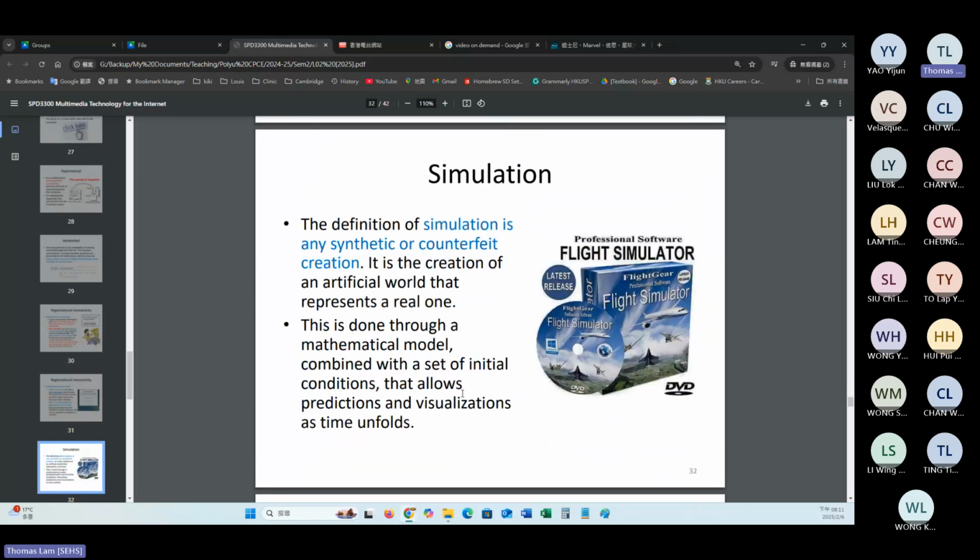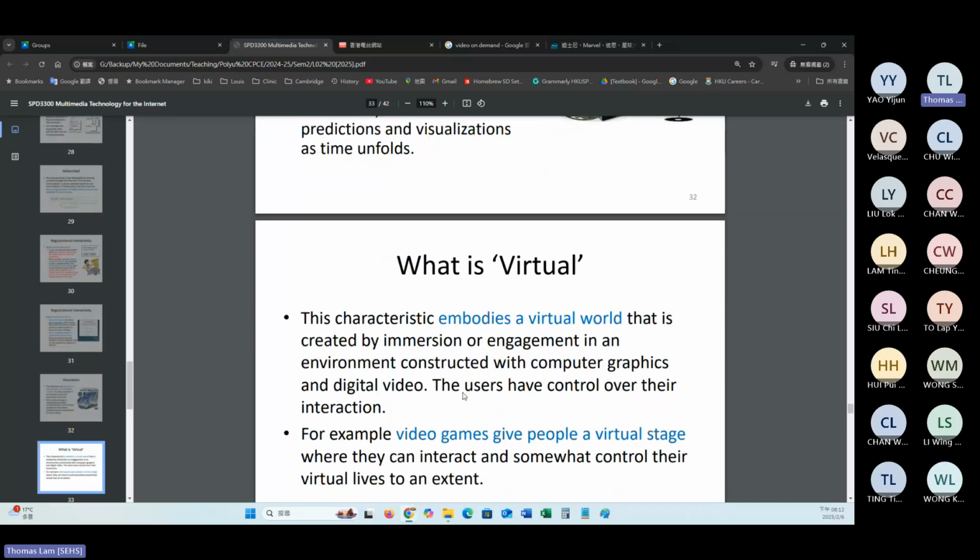So here comes some other examples for the interactivities. We may have the simulation. Usually, people believe that this is an example for games. I agree. But some people also believe that this is the way that can let them experience the job of the pilot. And I think simulation is also a very good example for interactivities.